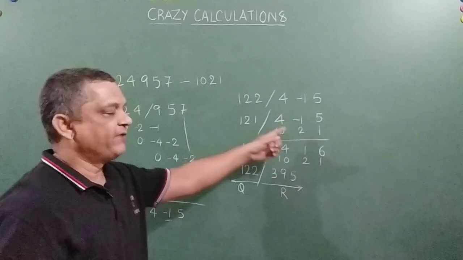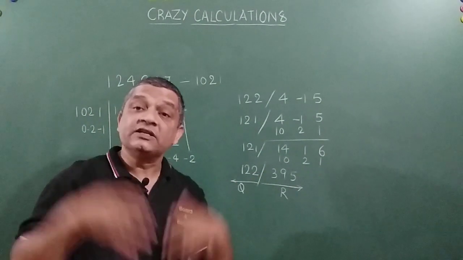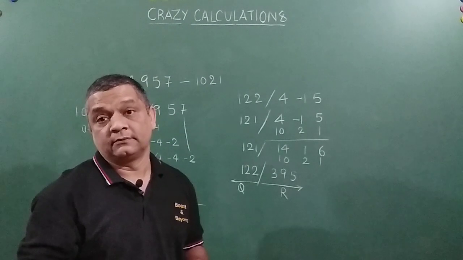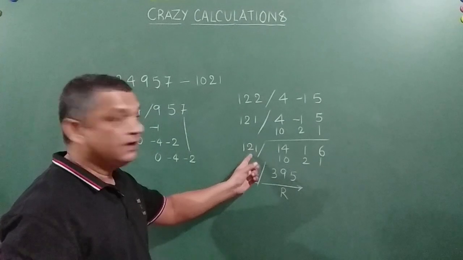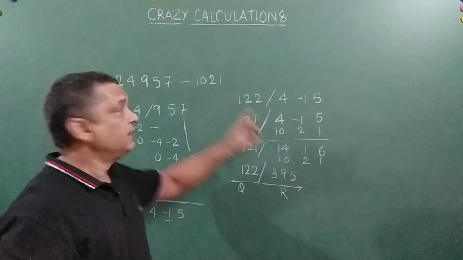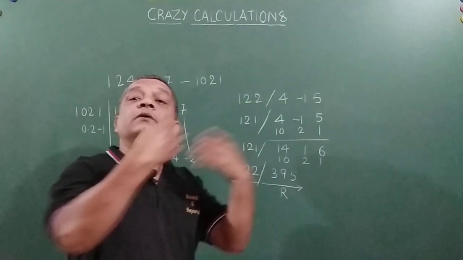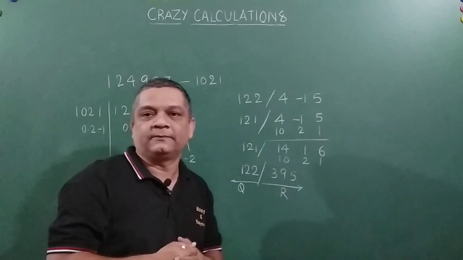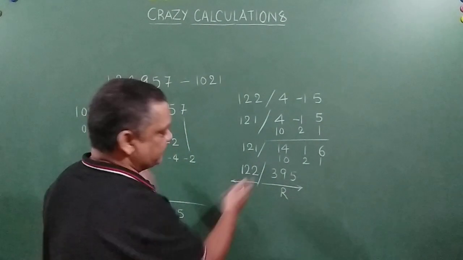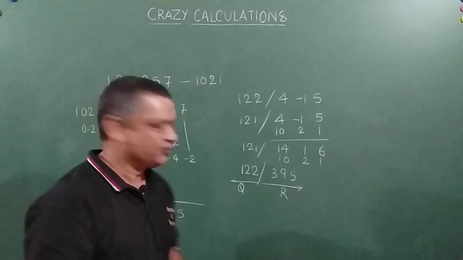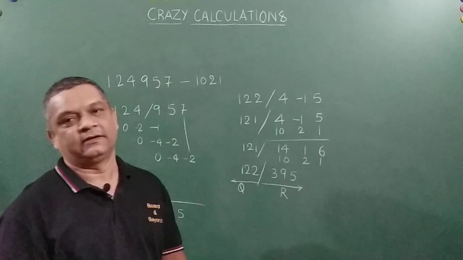At every step friends, whenever you are writing quotient and remainder, please check, is my remainder more than the divisor? If it is so, then increase it by 1 and then reduce the remainder by the value of the divisor, because you have divided it one more time. It is like that. I hope you got the concept, right? So that is why I had chosen this problem. So you understand? So 122 is my quotient and 395 is my remainder, right?